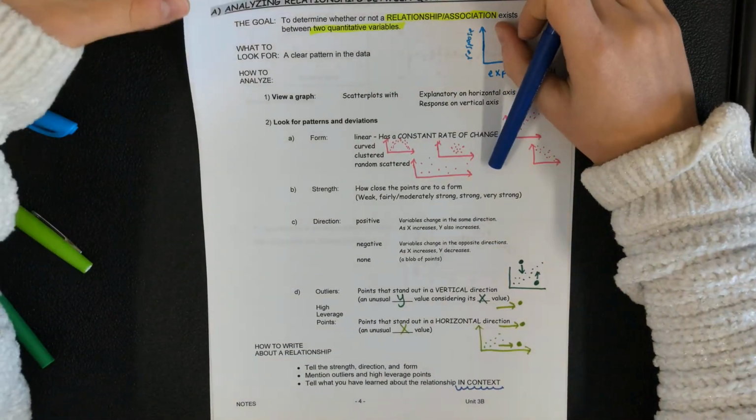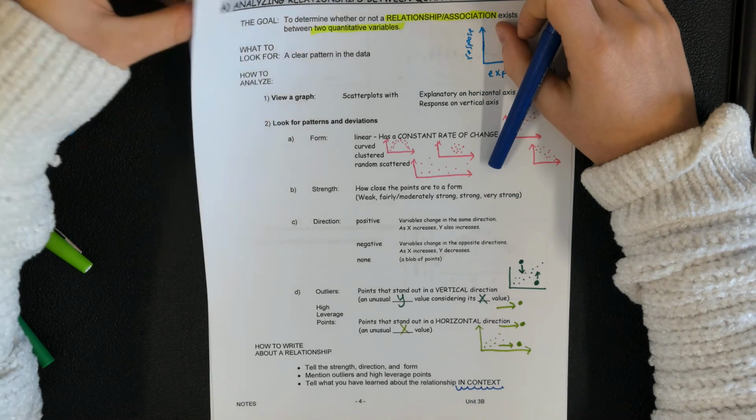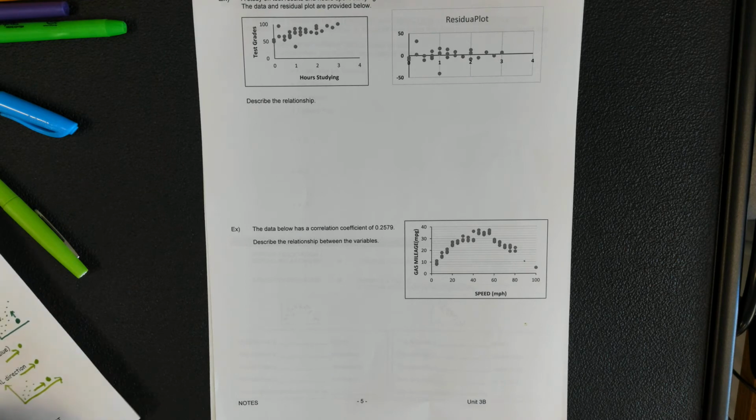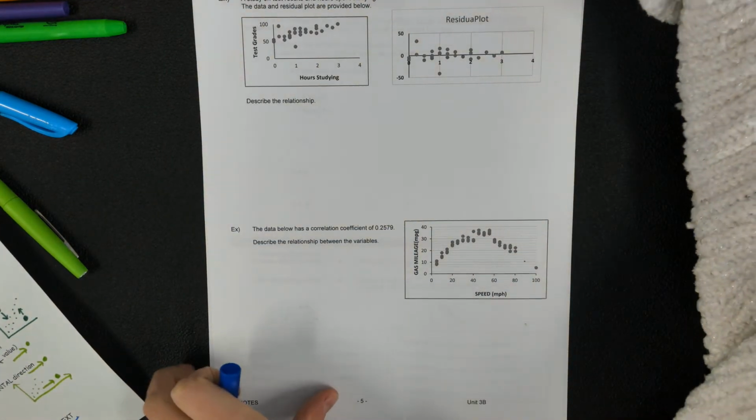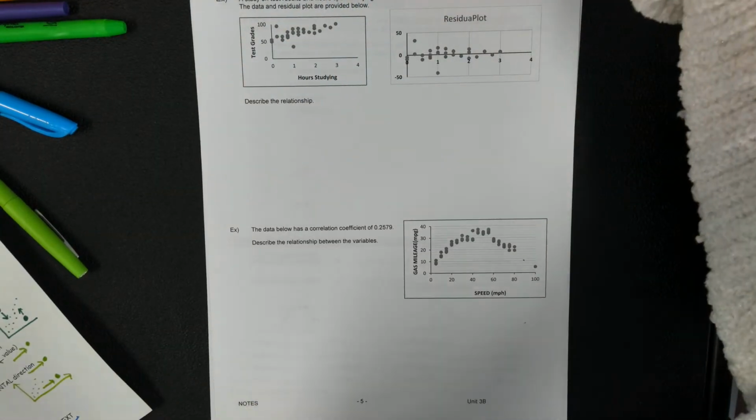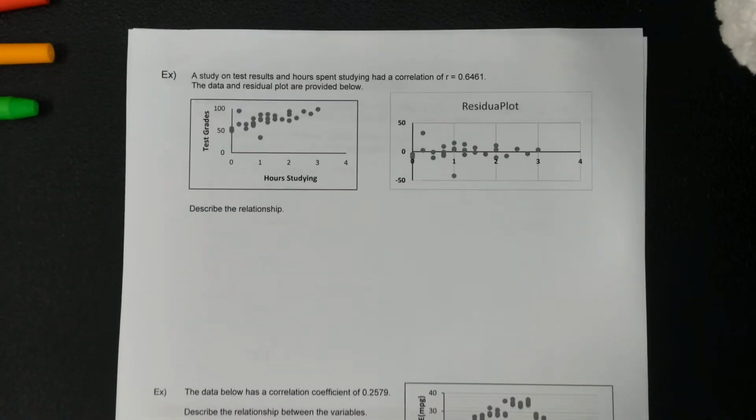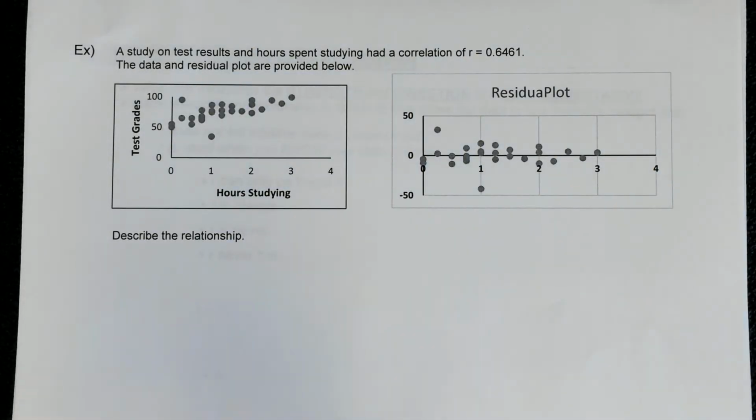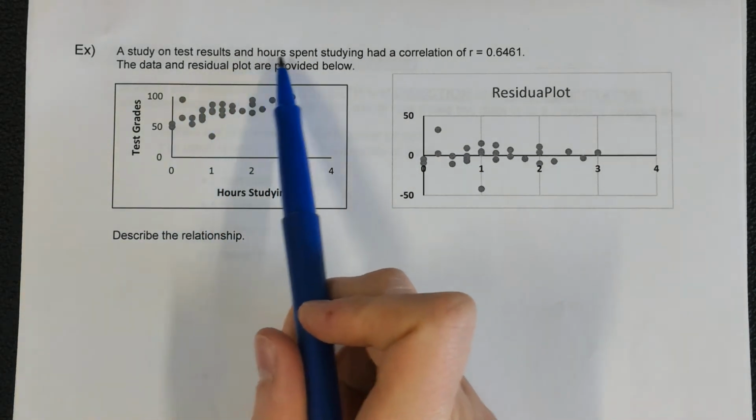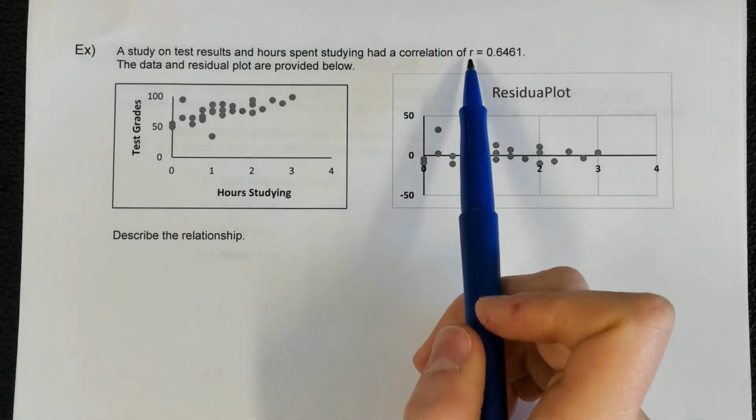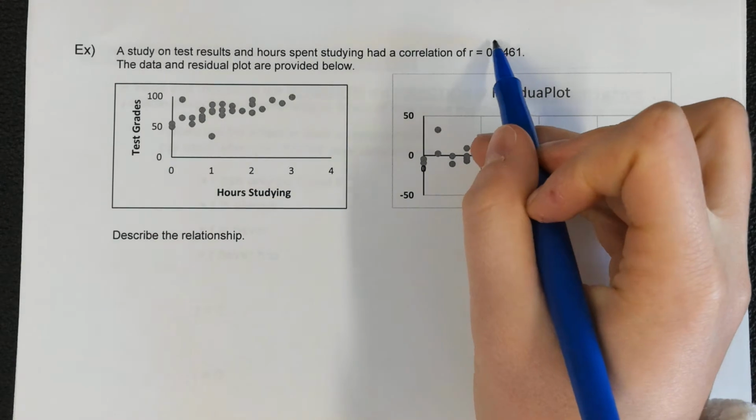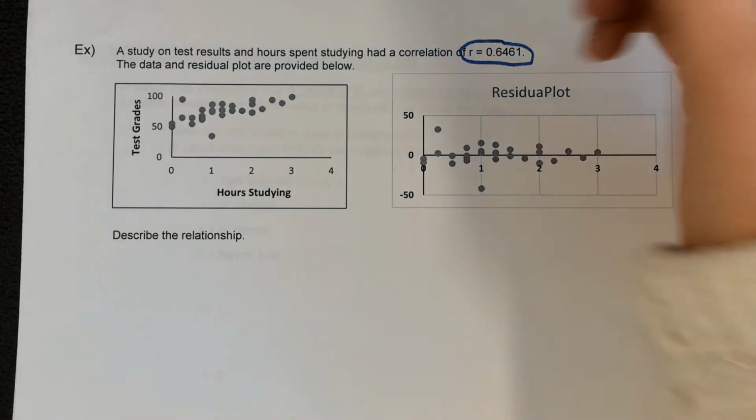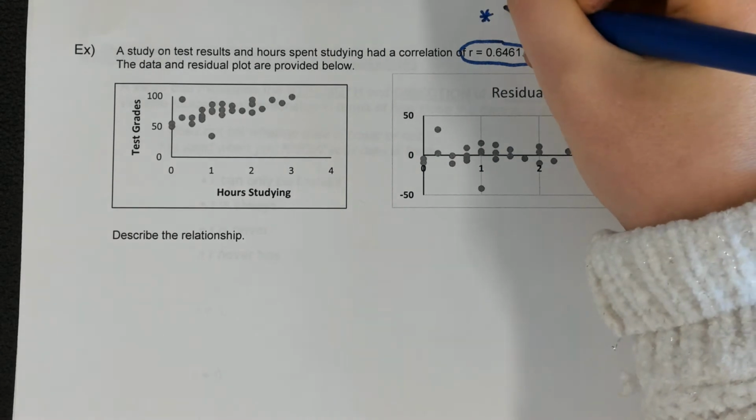So let's see an example of this in action, okay? Let's look over here. So here we have, there's a caveat that I need to talk about first because we haven't talked about it yet. Okay, here we go. This first one, it says, a study on test results in the hours spent studying had a correlation of R. Okay, this we don't really know yet. I'm going to talk about this in a little bit. This is just showing you how